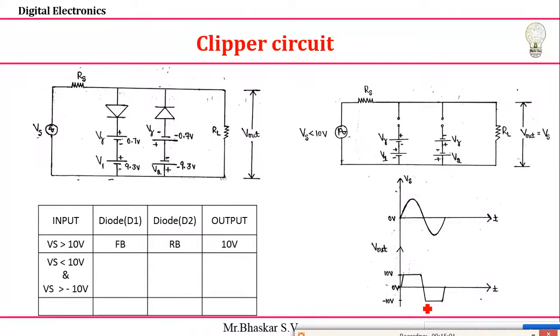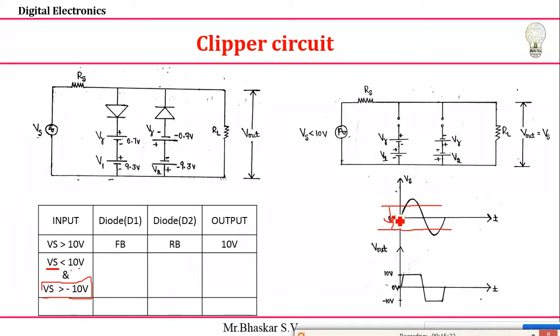Okay, let's take the condition. So first, forward or reverse bias beyond 10 volts. Next, carefully observe the conditions I'm going to take. The input source voltage is less than 10 volts, meaning I'll take the threshold here, less than this value, but greater than minus 10 volts. If it is greater than minus 10 volts, it means this part. I have already fixed the second threshold, which is minus 10 volts. Greater value means this value only, right, positive values. So between these two, what happens?